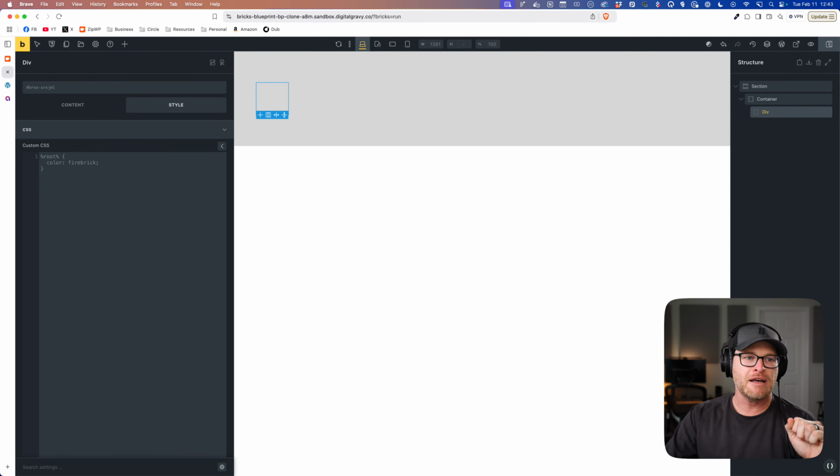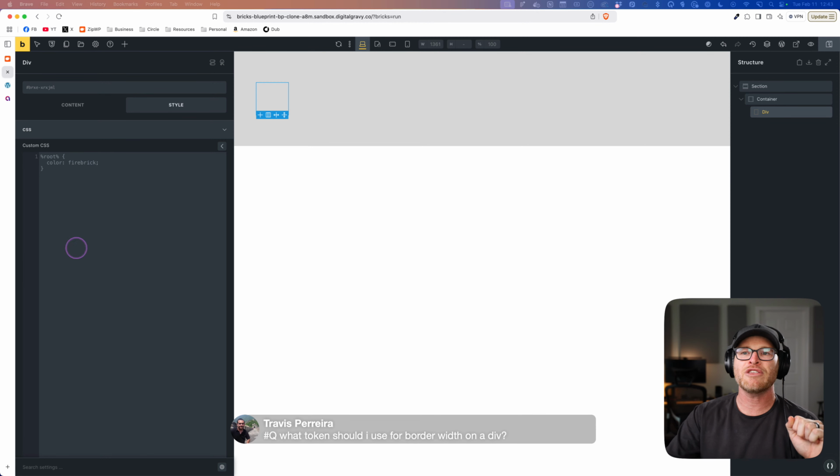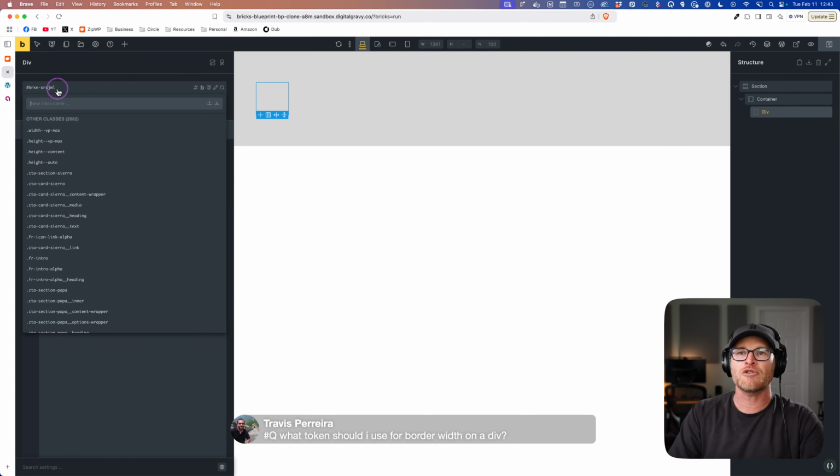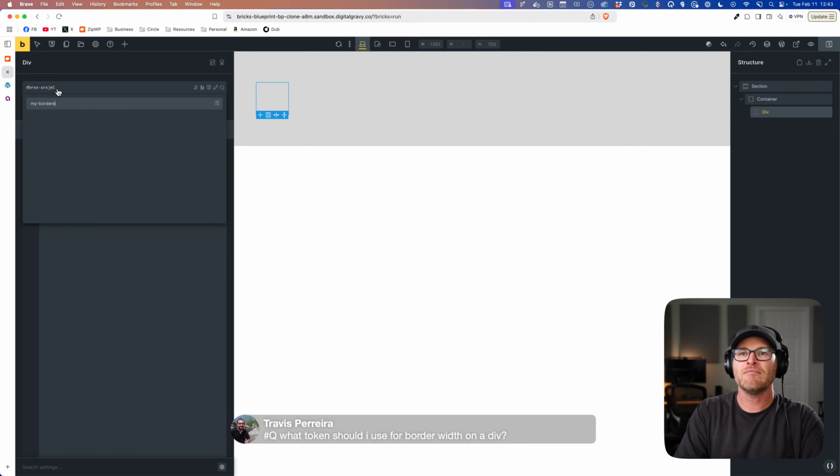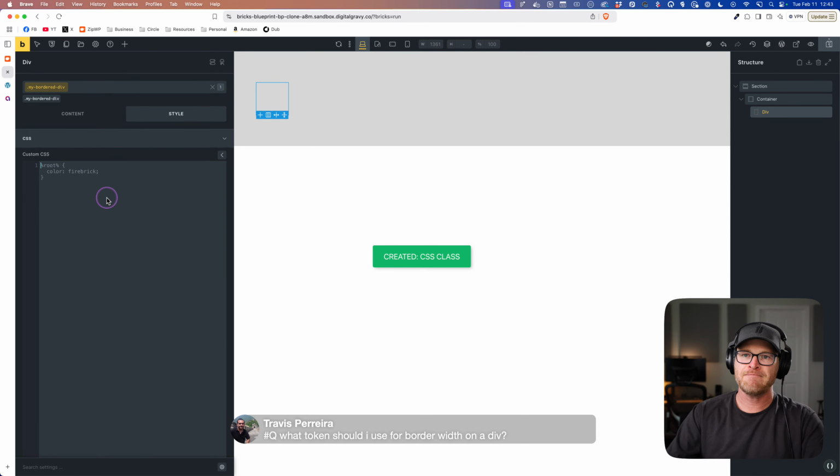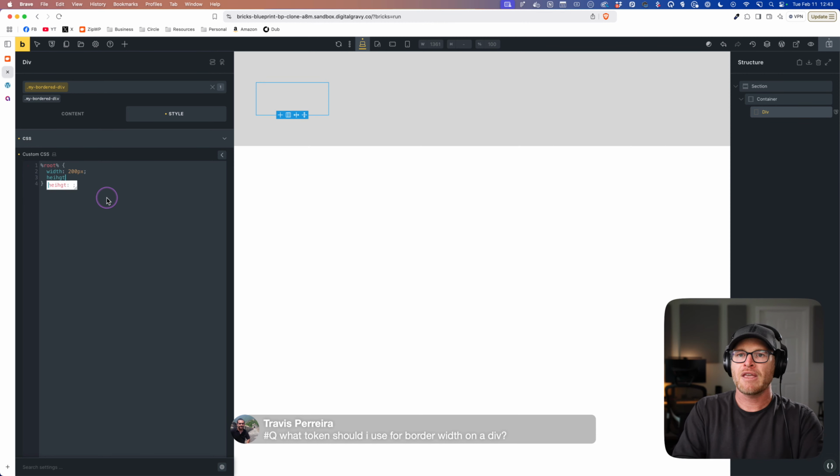All right, let's see. What token do I use for border width on a div? Another great question. My bordered div, okay? Let's go with width of 200 pixels. Height, I cannot type today.